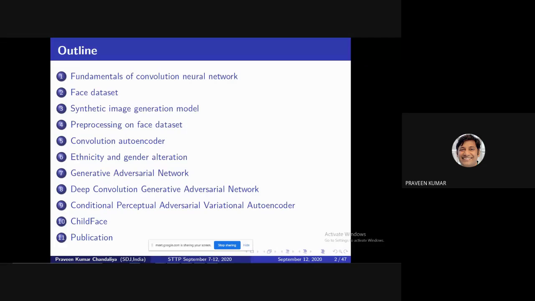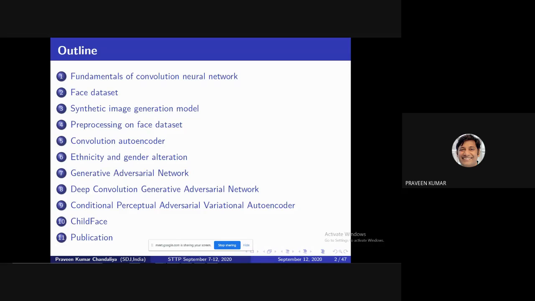So we discussed which datasets are available in the public domain, then how to generate synthetic images, meaning how to convert real images to synthetic images, and image generation. We discussed the publicly available state-of-the-art models in synthetic image generation. If you're developing any model, the first step required is to process your data. So how to process your data? In 4 steps, we discussed the pre-processing of our face dataset.